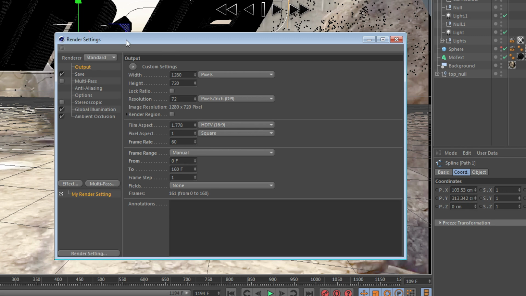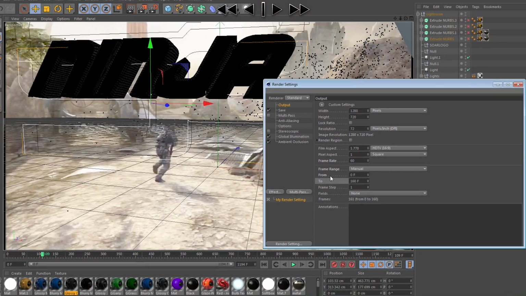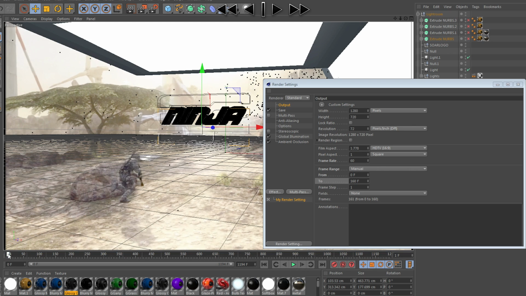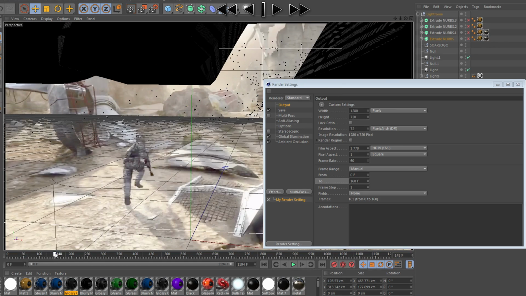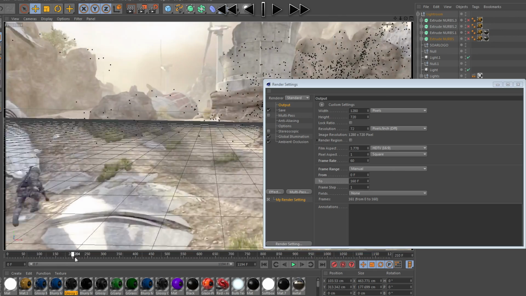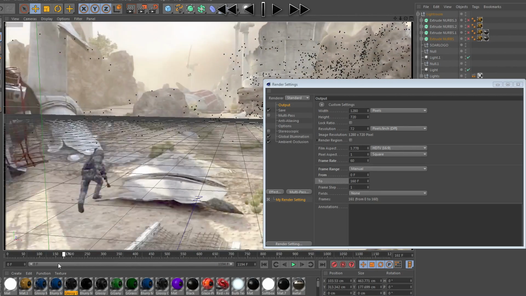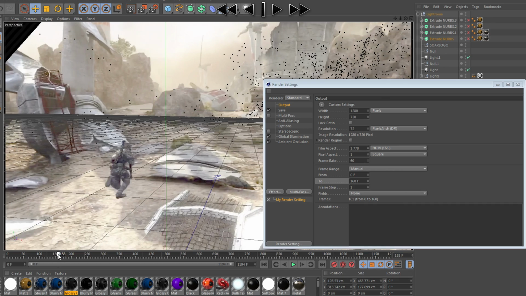And so in the alpha tab, what you want to change is the frame range, which is the range that it's going to render out. So you want this frame range to be from the first frame that you see the text. In this case, in the first project, it'll be the very first frame that is in this project, and I'm going to change the 2 to the last frame that you actually see the text, or a little bit past that, because I don't want to render out all of these frames because that'll just be empty space and the text isn't even in this space. So I'm going to change it to 160, which I already have here actually,